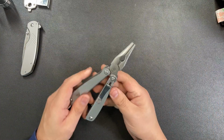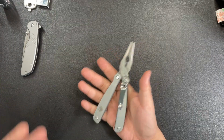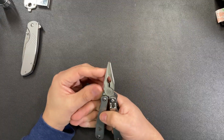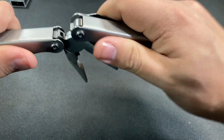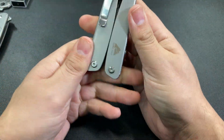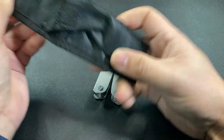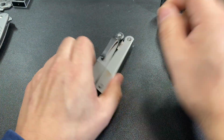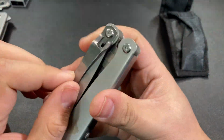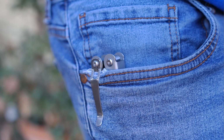What really drew me to the set, though, of course, we have this nifty little multi-tool. And in my opinion, it never hurts to be carrying a pair of pliers with you. That's always kind of a nice thing to have on hand. And so what's nice about this multi-tool, before I'd even do anything, number one, it comes with a sheath. Kind of a very inexpensive, cheapy sheath, but it's there. But it also has a pocket clip on it. So we can see a pocket clip is included, and that's always a welcome addition because, again, a lot of